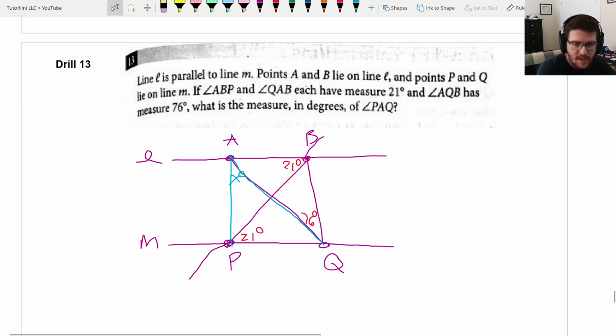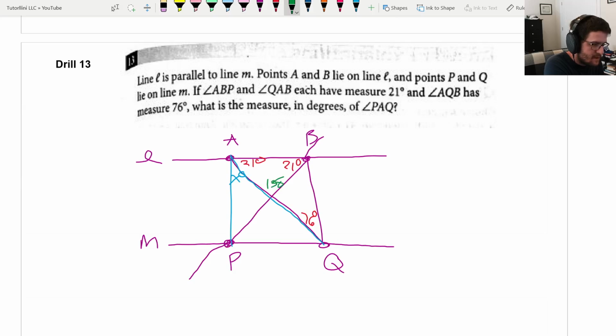Give me a second. Oh yeah, I missed something. ABP has 21. I should label what I'm coming up with in a different color. But QAB also has a measure of 21. That seems important. Okay, so this is an isosceles. That's a triangle. 180 minus 21 is